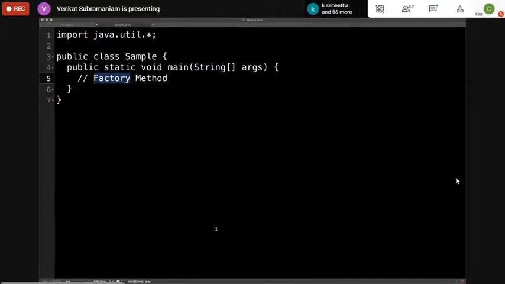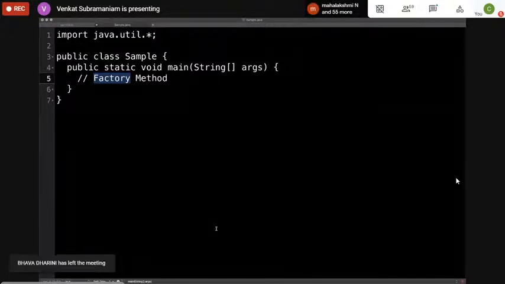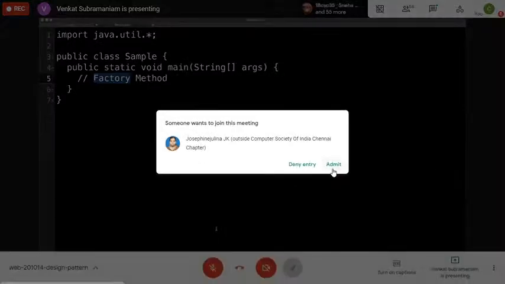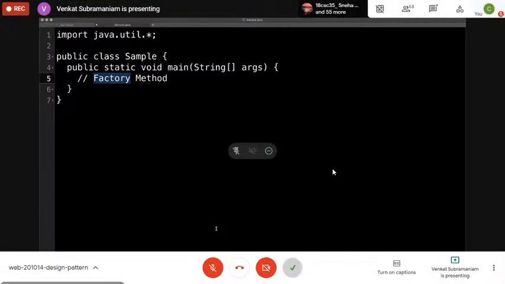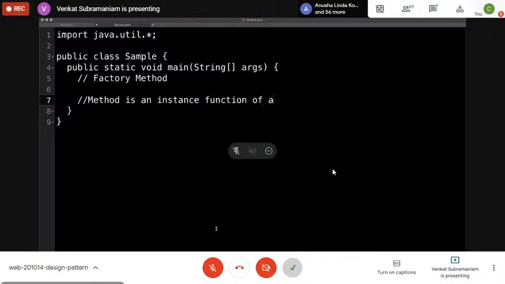So what is a factory? A factory abstracts the creation of an object from the one that wants to use the object. So the client, the user of the object, doesn't know actually what object you're creating on the other side. That's basically what a factory gives you. But then what in the world is the word method? Here's a way to really think about it. What is a method? A method is an instance function of a class. Aha, now we know what this means.